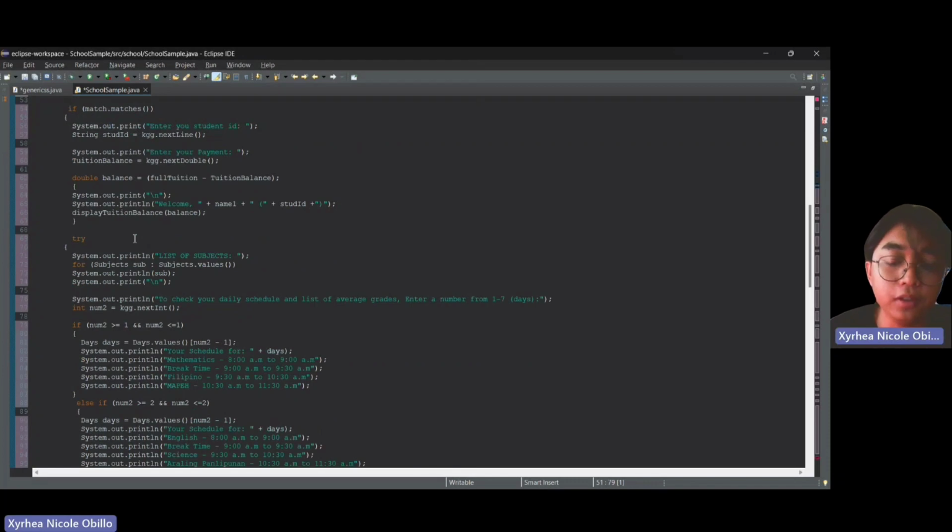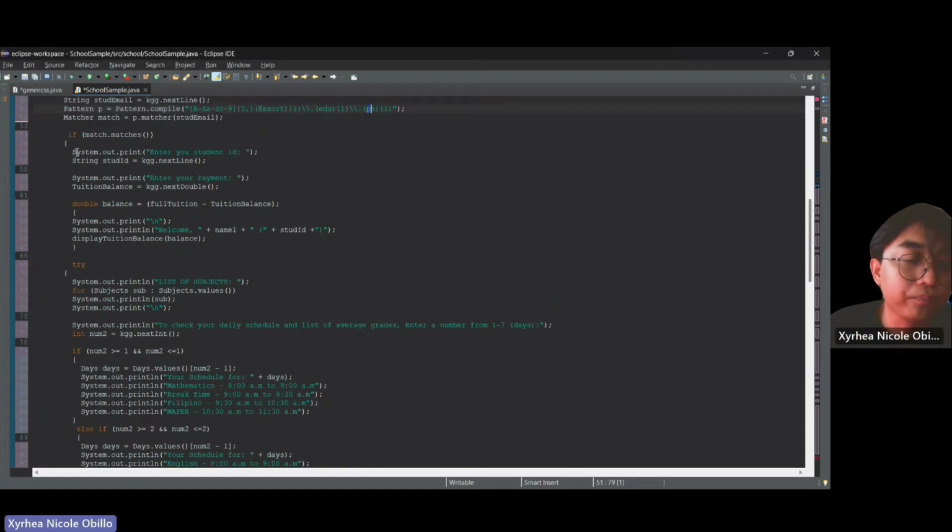So after that, the program displays a list of subjects and asks the user to input a number representing the days of the week. Depending on the input, it provides the user with a schedule for the day, including the subjects and their corresponding time slots. If the input is not within the range of 1 to 7, it displays an error message. So you see, after that,